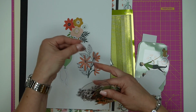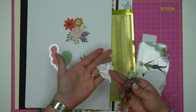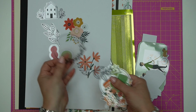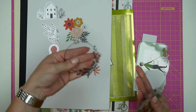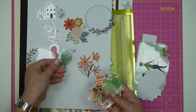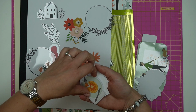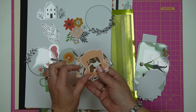Some of them are black and white, so you could put some sort of mixed media background or patterned paper just behind it and just have these little pieces popping through. But they're ever so sweet. And the stamp set, you could stamp in a nice coloured ink and then use your acetate wreath over the top, and there's a couple of designs there. You've got the leaf, another little jug, and then there's lots of regular ephemera in all kinds of homely, autumnal,